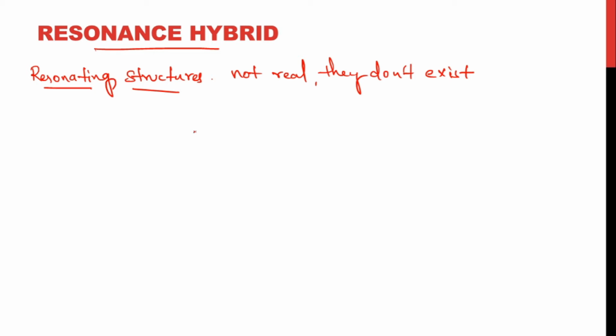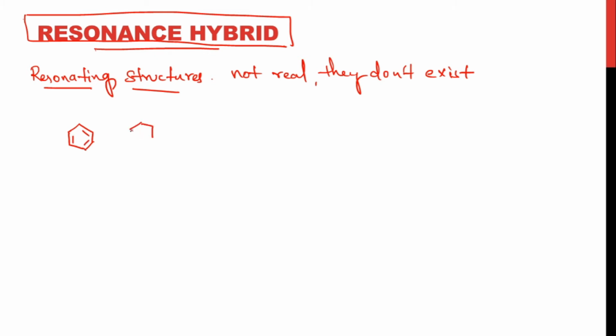What is the real molecule? Resonance hybrid is the real molecule. And how do we represent it? So we have learned the resonating structures of benzene. So we'll see the resonance hybrid of benzene only, so that we can understand easily. So we have written the resonating structures of benzene. This is one structure and this is the other structure. Okay. Now the electrons have moved, shifted towards the other positions. Now the resonance hybrid would have